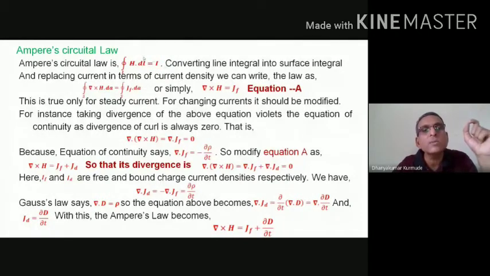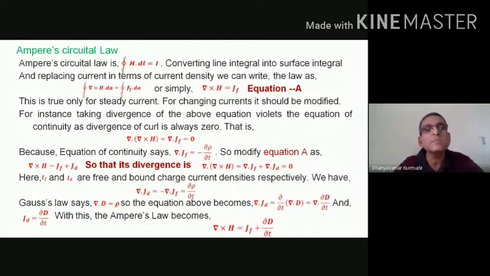So current density will be given in terms of area as I upon area. If we denote this current density with J_f, or simply you may call it J, then J will be equal to I upon dA. So this will be the current density for the small surface element dA of the entire cross-sectional area of the conductor through which the charges are moving.